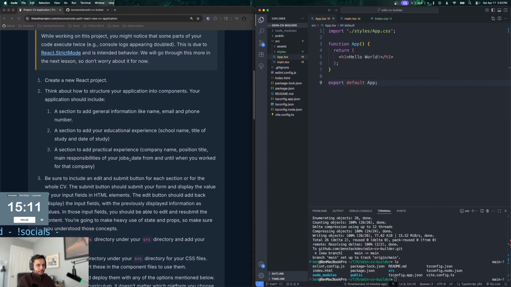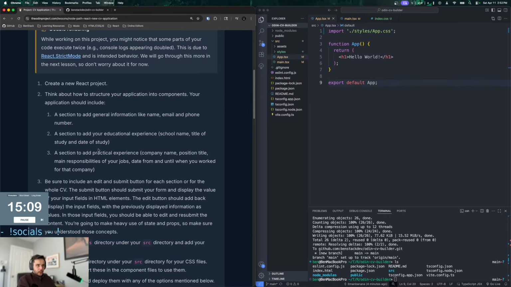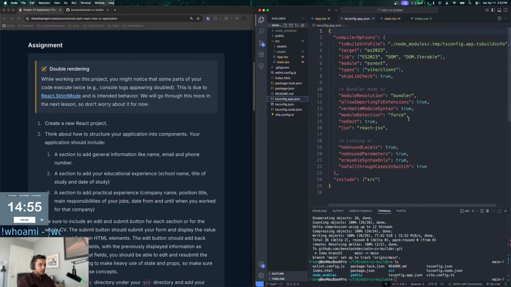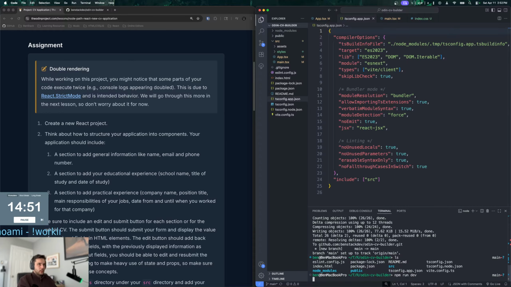Okay. So now I need to think about how I want to structure this, right? So maybe we draft it out. So let's go to, so we got this working. So let's just do, where's the build? It's npm run dev, I think, just that.